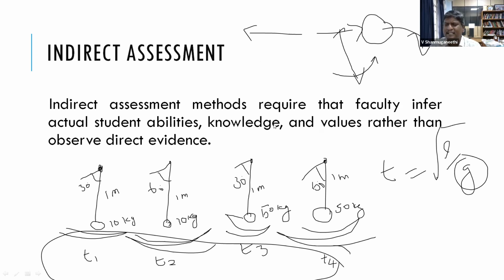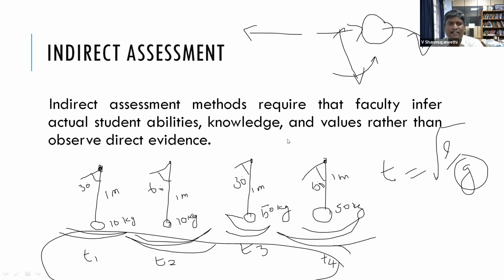Yeah, all are the same, because here I put all as 1 meter only. So what is the meaning? Learning engagement is very much important. Learning engagement is assessed by indirect assessment. That is what makes the individual learn the component, and they become innovative, critical and creative. Their ability will be developed to a higher order if they have learning engagement.